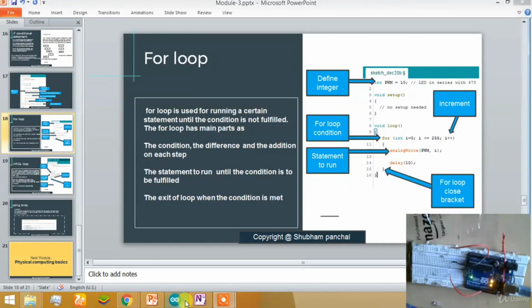First of all, a for loop is used to run a statement for a particular interval of time, and after that it should exit. There are two methods of exiting it. First is the default, without writing anything else, but the second method is important. It is called the break of the loop. In a for loop we can break the loop at any time as we require. We are going to discuss both of them right now.